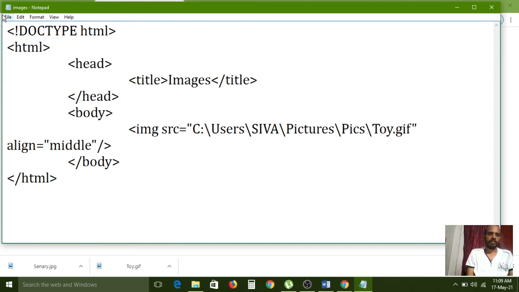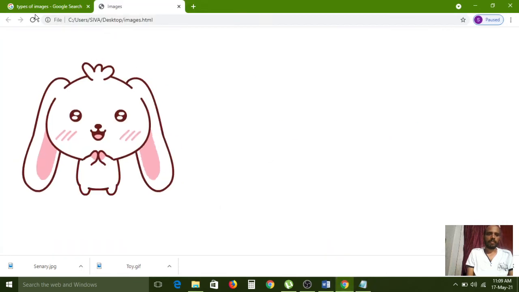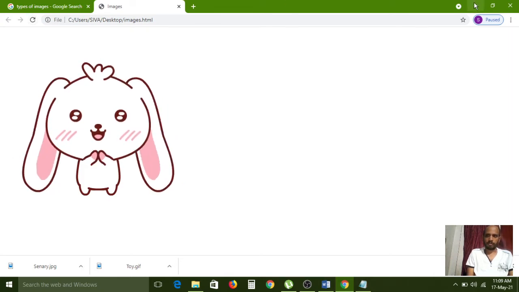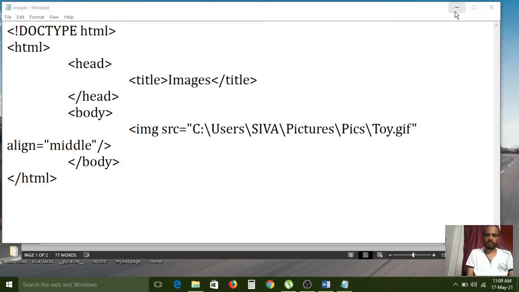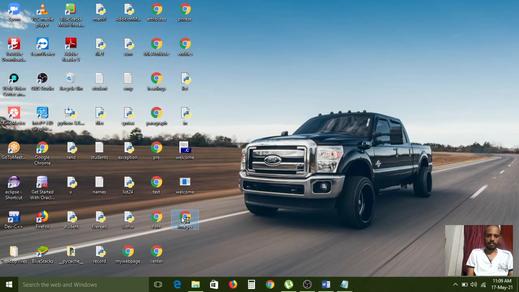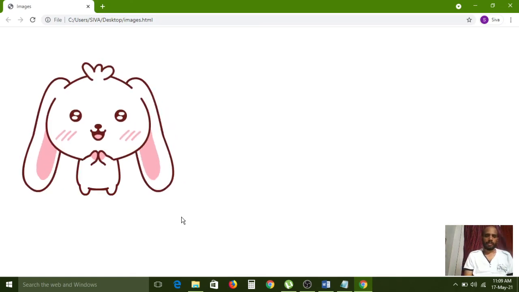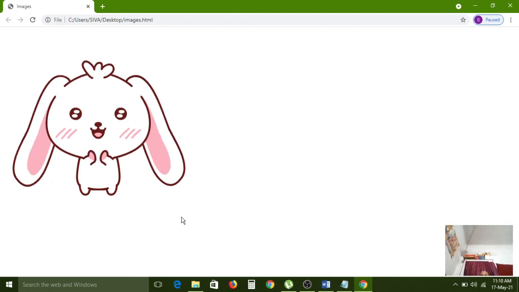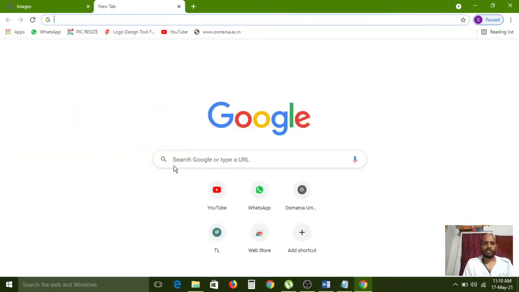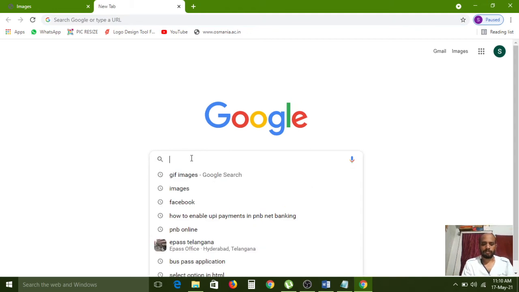Save. I think middle and center, these two values are not supporting here. Just wait. Now we have to check on a website.